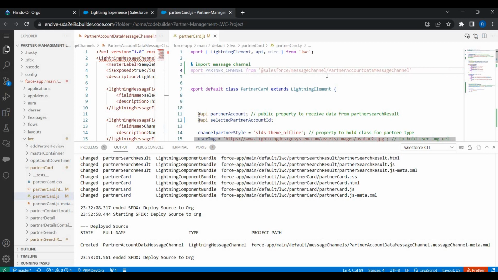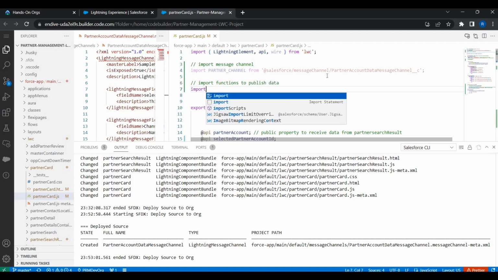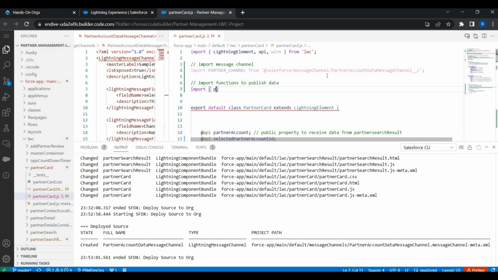As I said, this is nothing but custom metadata back in our org. So any custom objects or any custom metadata will have the suffix __c. Ensure that that is also included. The name of the channel followed by __c. That's all. And the next one is to import functions to publish data. For which let's use publish